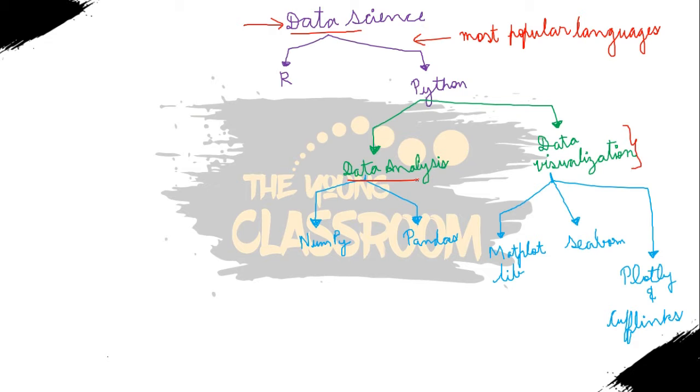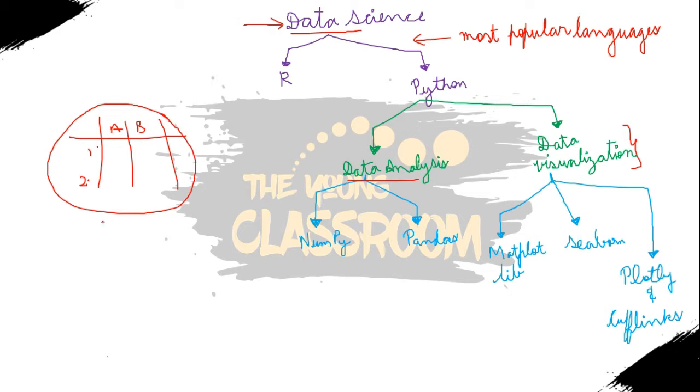Analysis means basically how you can retrieve data from a database. Let's say there is a table, so this is your database. How can you retrieve data from it, how can you add more data to it, and so on. So this is data analysis. And data visualization is basically how you can visualize this data in the form of graphs, pie charts, plots, etc. We'll see how we can use Python for all those.